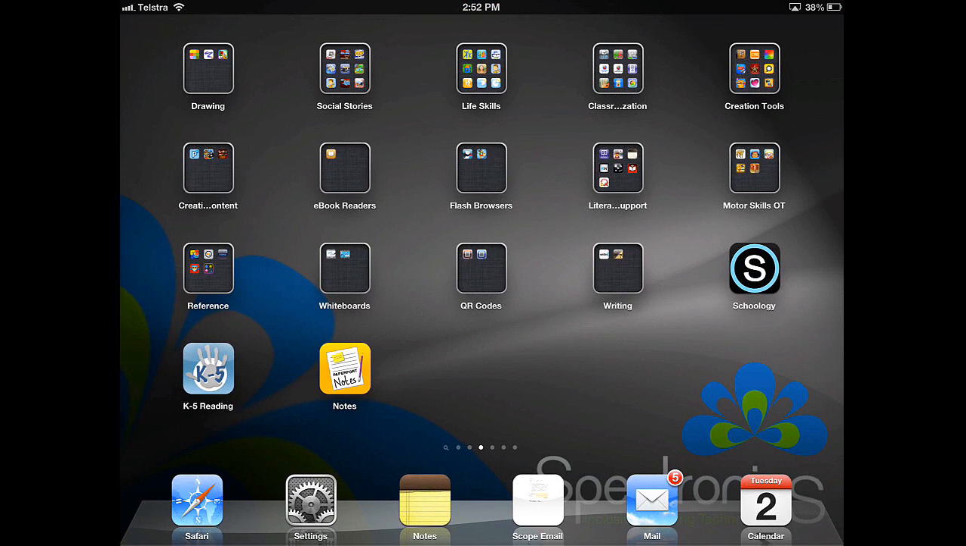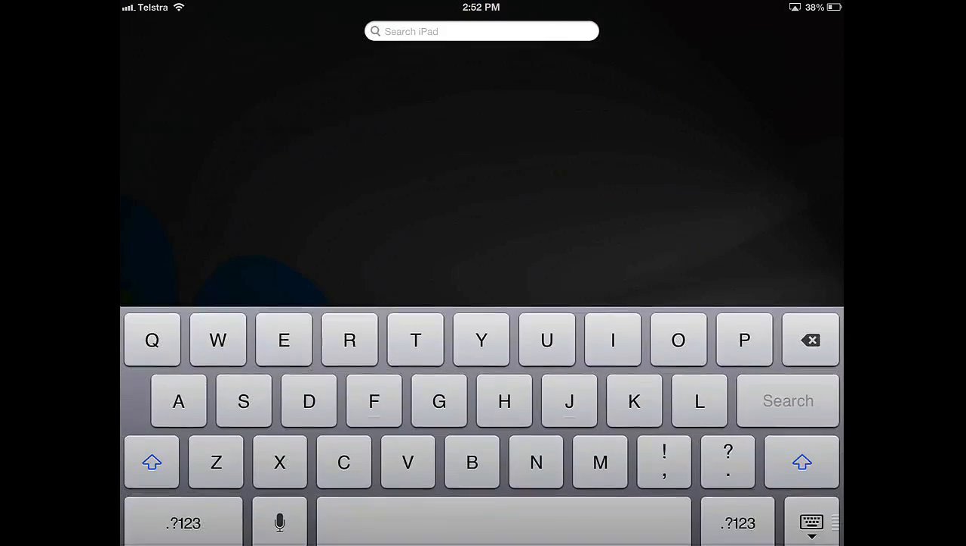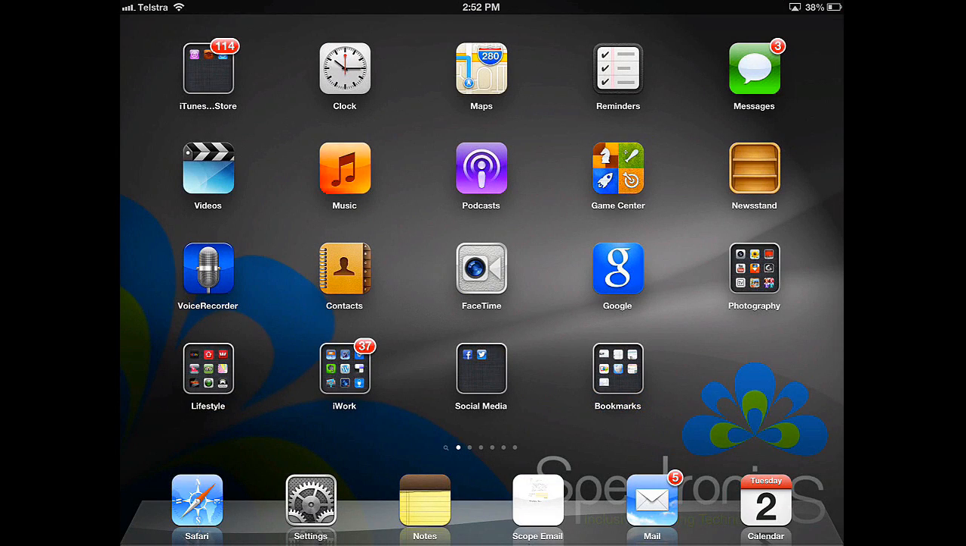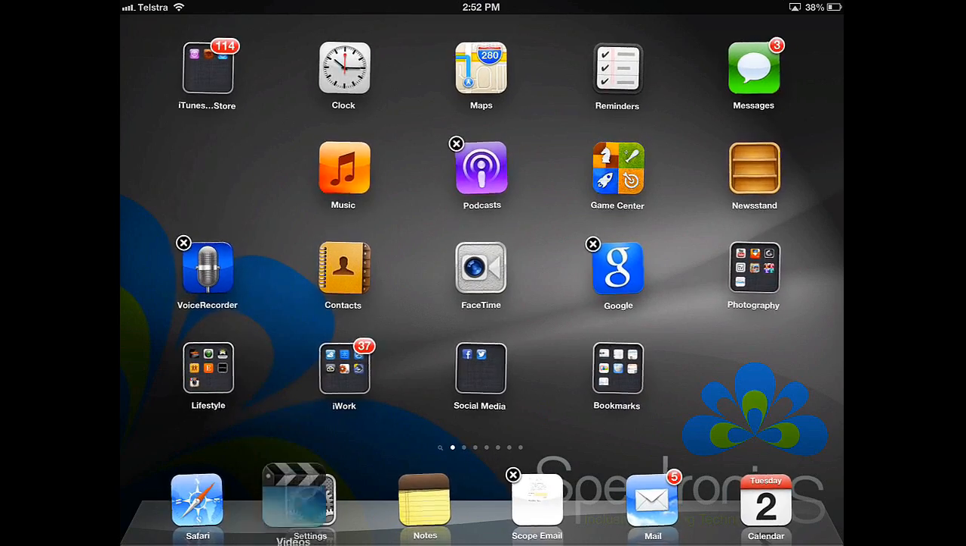As I said, that bottom dock there is where I want to store the apps that I use the most. If I want to change what's on that bottom dock, what I can do is, again, pop it into wiggle mode and drag it down. Now I've got the maximum number of